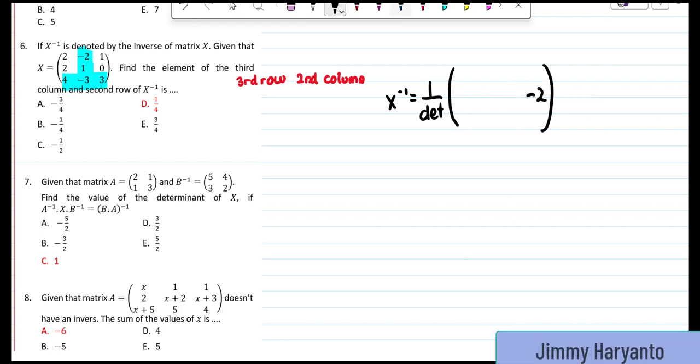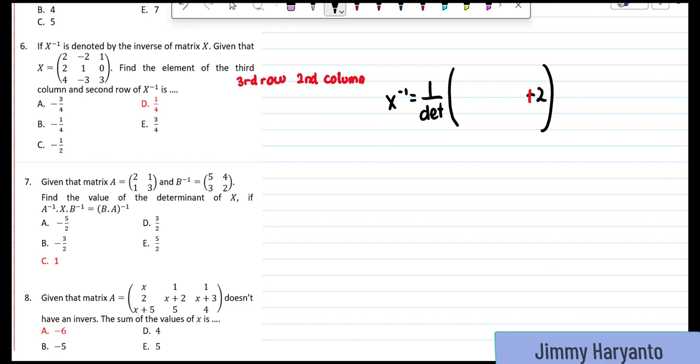Okay. So this is our element, but don't forget you have to put minus. You have to give negative sign for these 4 elements. That means the -2 will become +2 later, yeah. Okay, so it will already become +2, and then the next thing you have to do is to find the element, not the element, the determinant.